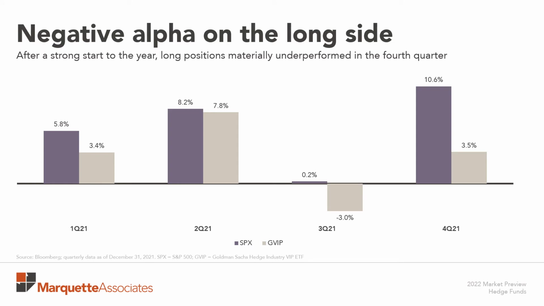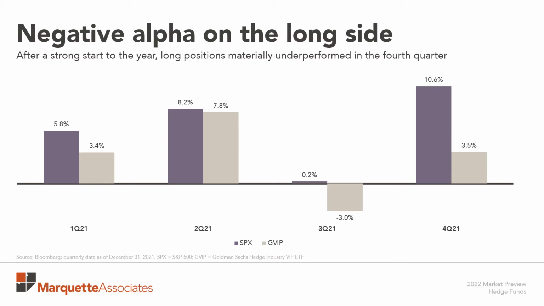So in the purple bars, we show you the performance of the S&P 500 Total Return Index. And in the gray bar, we show you the Goldman Sachs VIP list, which is a combination of widely held hedge fund names on the long side. As you can see, during the first half of the year, those names slightly underperformed the broader market, but largely